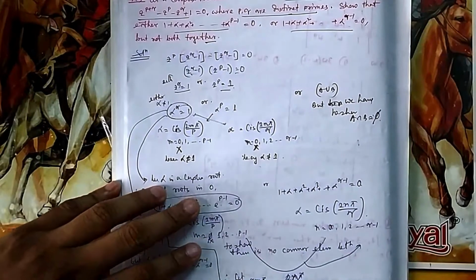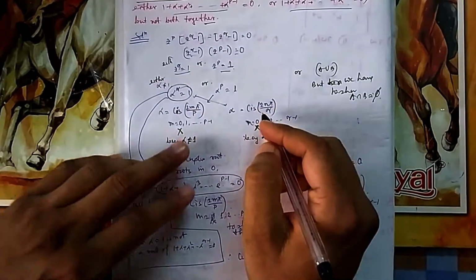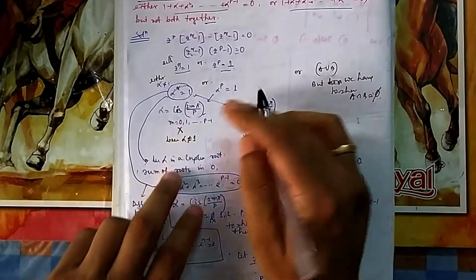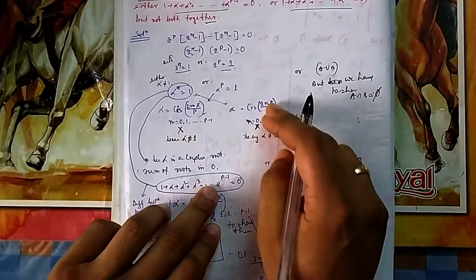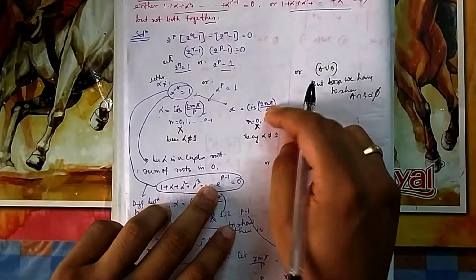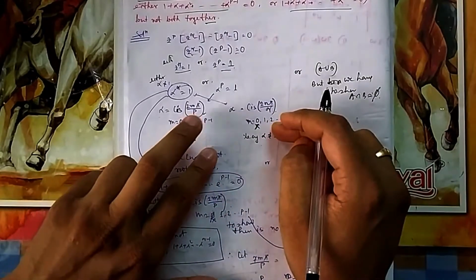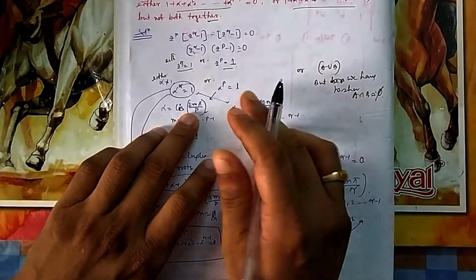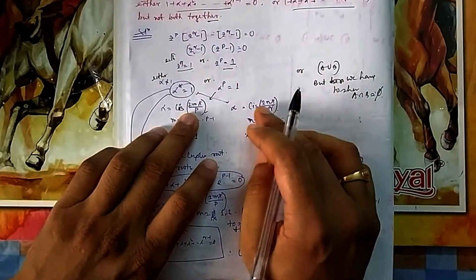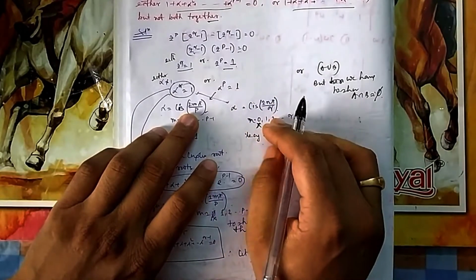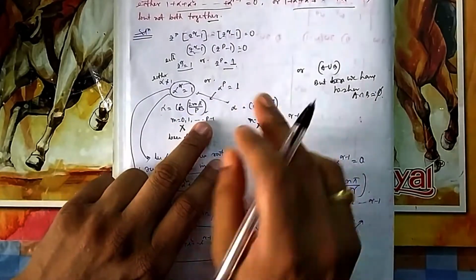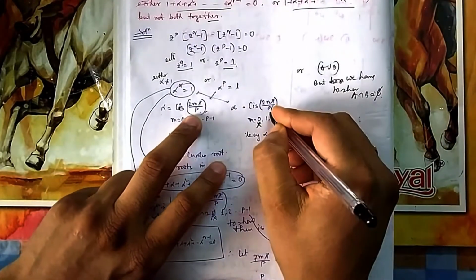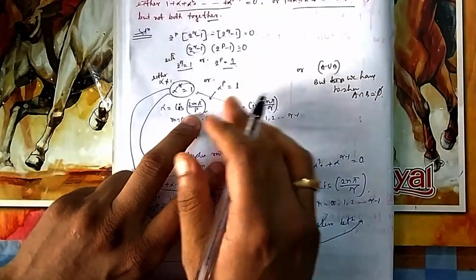So for that you need to check that there should not be any common term between these two. Because one alpha is from this one, one alpha is from this one. If you want that this should not happen, there should not be any common term between these. Because these alphas are nothing but alpha square, alpha cube, alpha 4. So the rest will automatically come if you change n. So there should not be anything common. If you get one alpha common between these two, then the next will always be common, because it is alpha, alpha square.